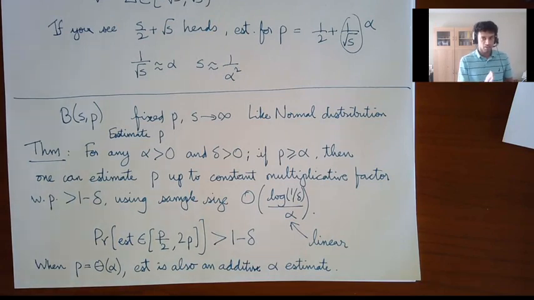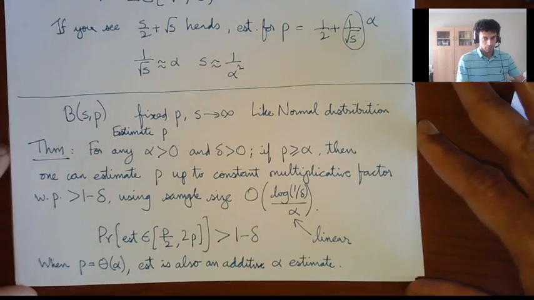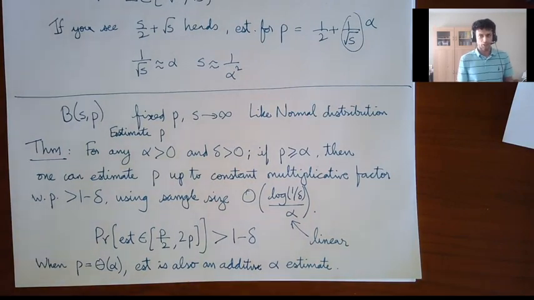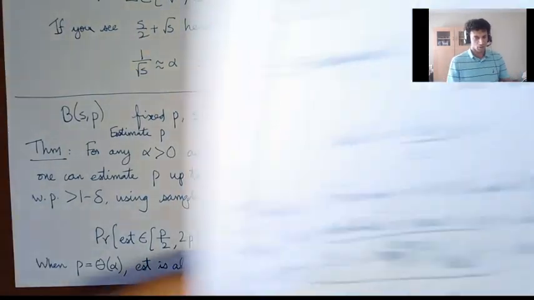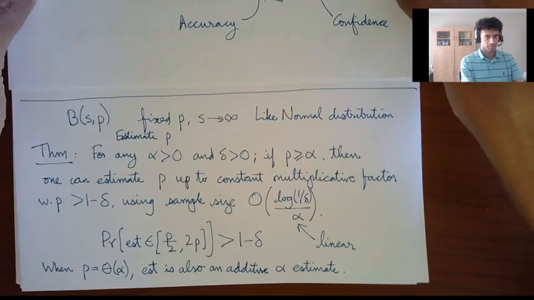As it becomes unbiased, when the probability is a half, that's actually when it's the hardest. Just as an extreme case, think of when p is 0, then your estimation is always perfect. And when p is a half, that's when it tends to be the hardest to estimate. This theorem can also be proven by something called the multiplicative Chernoff bound. I don't want to get into that right now because this is the end of the lecture. Instead, I'm going to show you the previous bound so that you can contrast them, and then I will take questions.